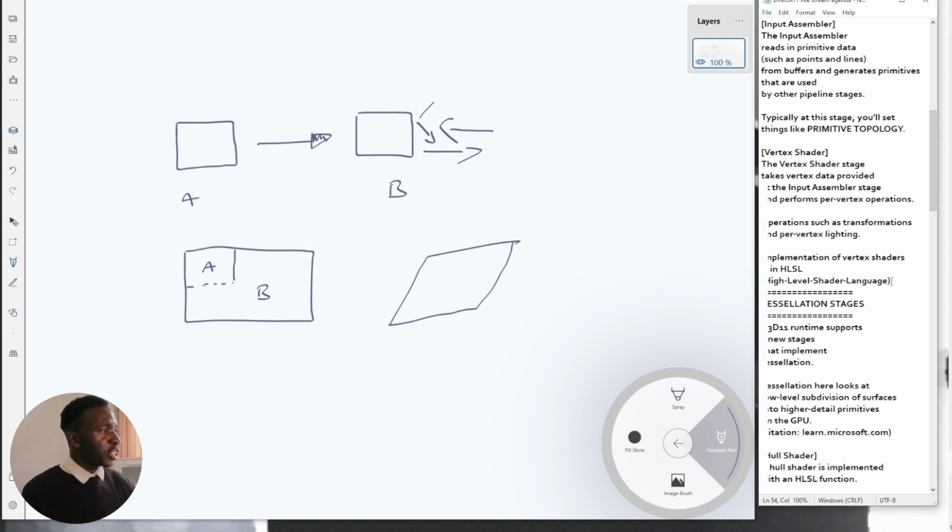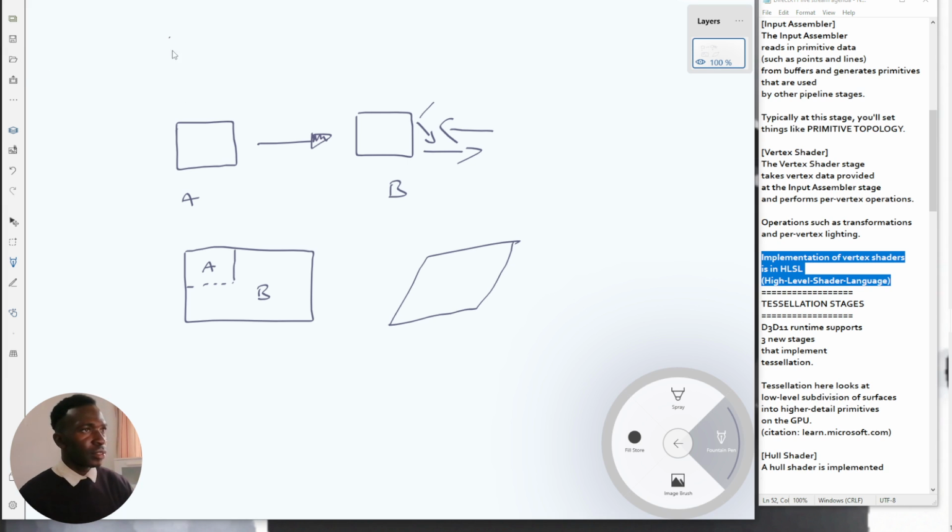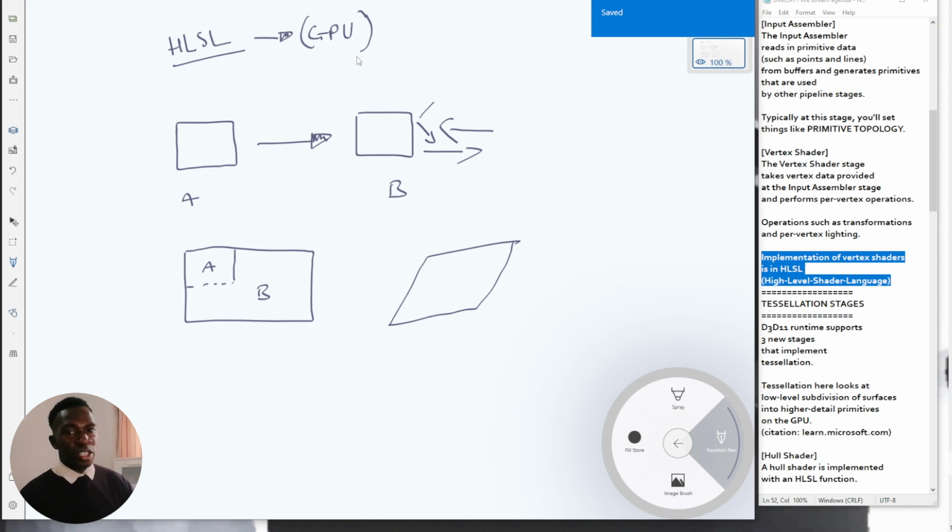Now, implementation of vertex shaders is performed in HLSL, which is high level shader language. And this is kind of going towards GPU territory, where we are talking to our GPU. Now, a graphics processing unit, a GPU, is not as configurable as a standard CPU. You can get into the rabbit hole of CUDA, the rabbit hole of GPU programming, parallel programming, stuff like that. But high level shader language allows us to configure certain